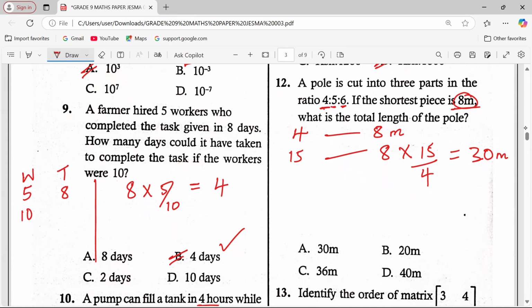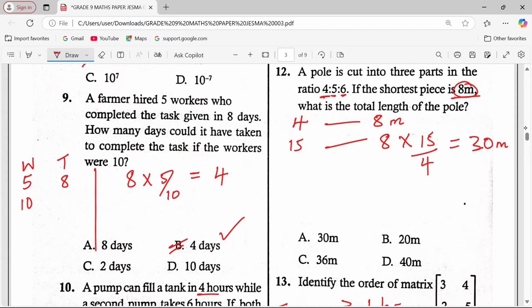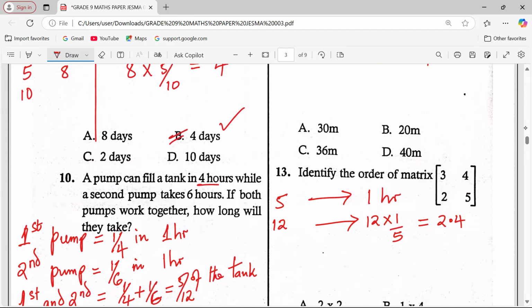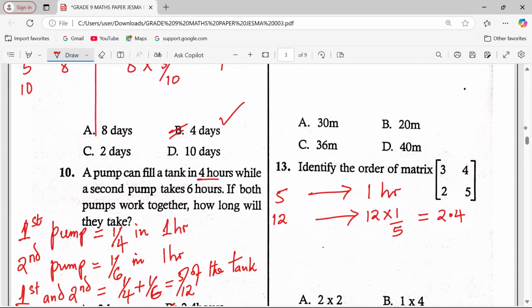Alternatively, somebody can say 4 proportions are equal to 8 meters. What about 5 proportions? We get that length, which is going to be 10, sorry. Then we say again, if 4 proportions are equal to 8 meters, what about 6 proportions? We calculate and get 12. Then the total length is going to be 10 plus 12 plus 8. We just add up all of them. But the previous one now outstands them. It becomes the best and easiest approach. The right answer becoming